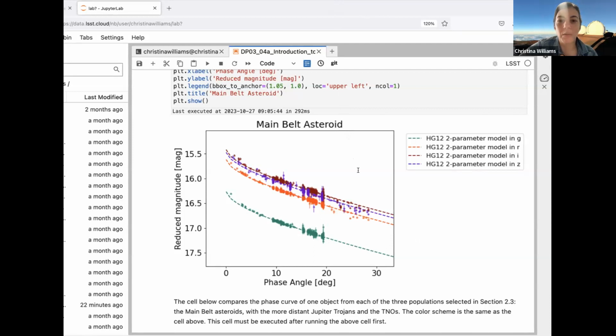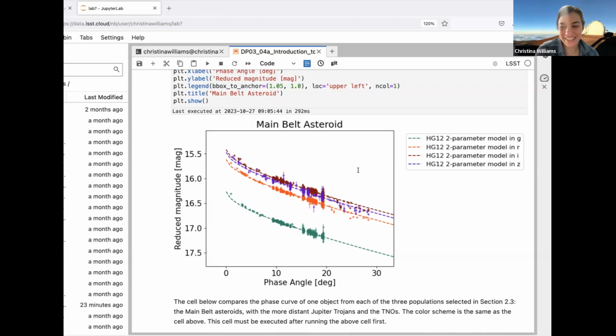Okay. So flat H is the absolute magnitude, which is the reduced magnitude when the phase angle alpha is 0. I guess I should have clarified that. But what we're plotting on the y-axis is actually not H, it's H of alpha. So when we fit the model to the data, what we're trying to retrieve is H at alpha of 0, the absolute magnitude when the object is fully illuminated. But again, I'm not a solar system astronomer, so if someone wants to add to that explanation, we're happy to hear it.